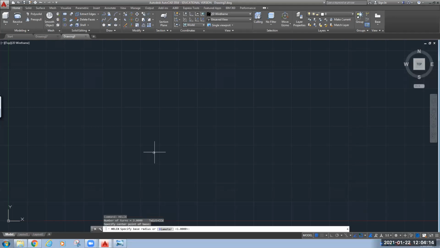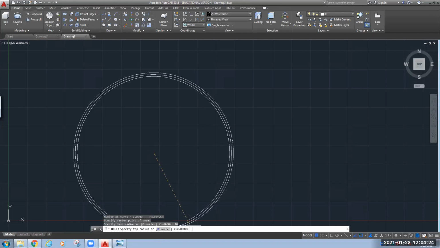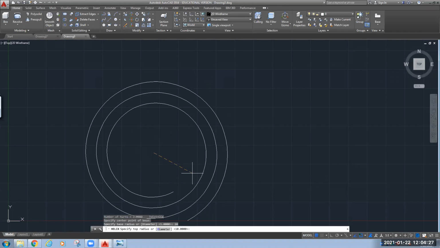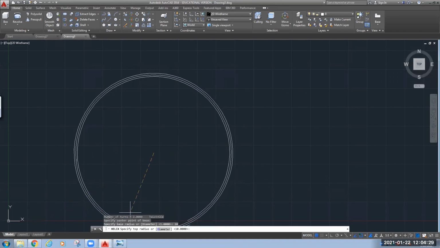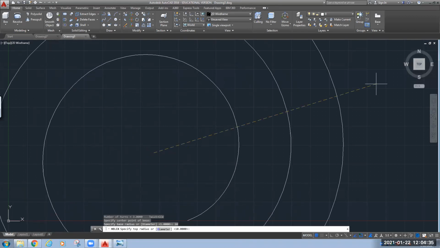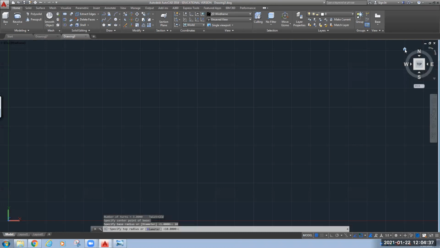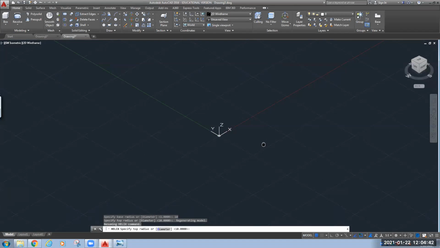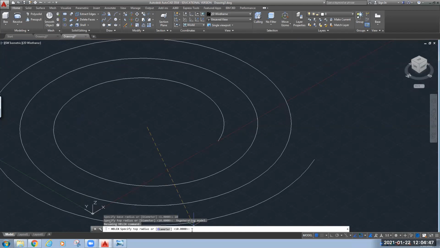This is our center point. Now you can see it is asking for the base radius. So let's keep it as 10 base radius. Now it is asking for the top radius. We are on the XY plane, so it is looking like this. Let's move to the isometric view for proper visibility. So first we will go with 10 for the top radius, and in the next example I will increase it.